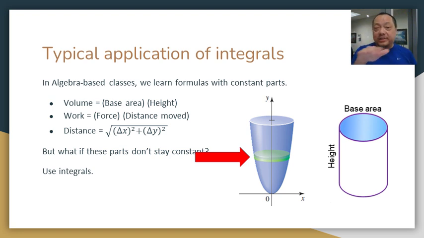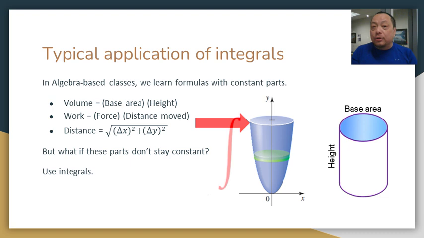So we take that base area, which we pretend to be constant, we multiply it by the tiny little height, we get the tiny volume of that thin slice. We add all the tiny volumes together, and the integral comes into play when we do the adding. Instead of adding them, we integrate. That's how an integral is typically applied to solve problems. Some applications you will learn in Calc 2 include volume, work, distance along a curve, which we call arc length,